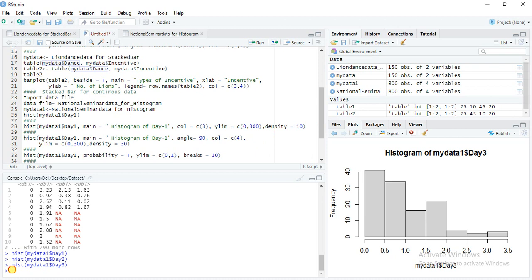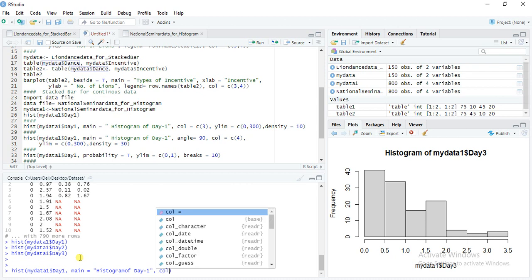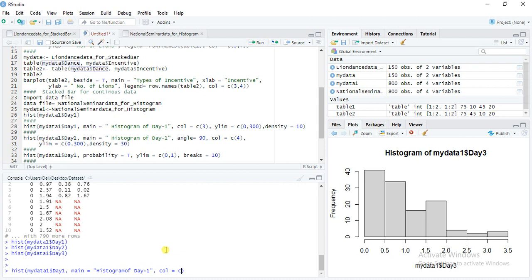We will write here hist my data one dollar sign day one, because day one data is normally distributed, and then the main title of the graph, that is, histogram of day one, comma, color C3. C3, you can give any color.